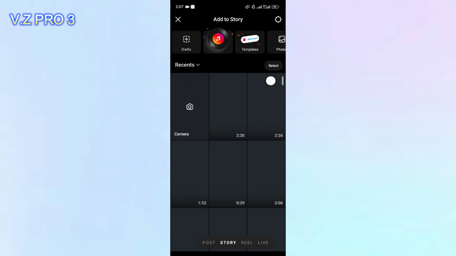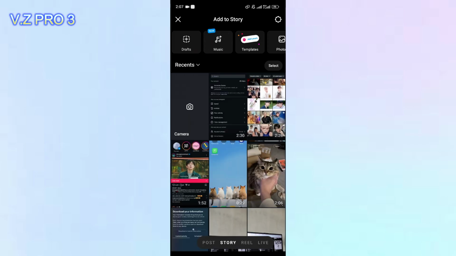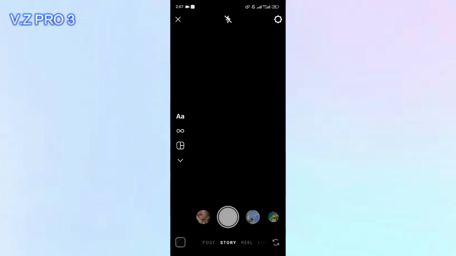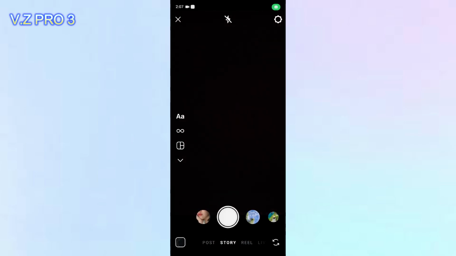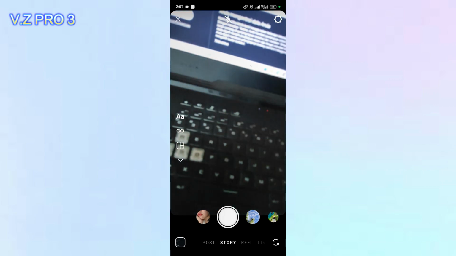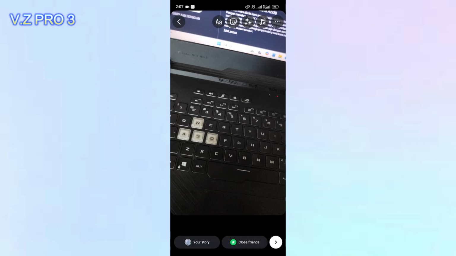You can go to your story section. You can open the camera. You can just capture anything on your Instagram story like this. After that, you can just tap on the three dots on the upper right corner here. Tap on draw. Because we want to put white background, you can just tap on the white color in here, and you can just tap and hold on your screen like this until all your color turns out like